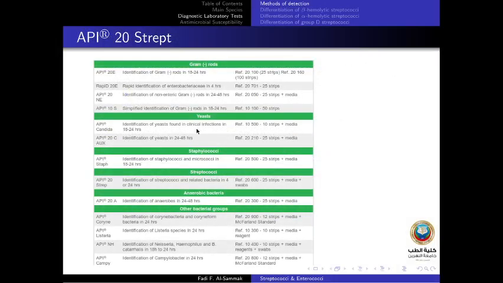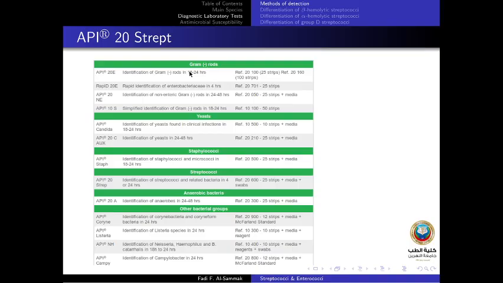Now, if you still remember, in the staphylococci, we talked about the API system. It is a biochemical test that is used to do identification, and is considered a reference for identification. And we have the same thing in streptococci, in a strip which is called API 20 Strep. It is called 20 because of the 20 biochemical reactions that are in the strip to do the identification for us. And there is here just an overview in this table of how many API systems there are,